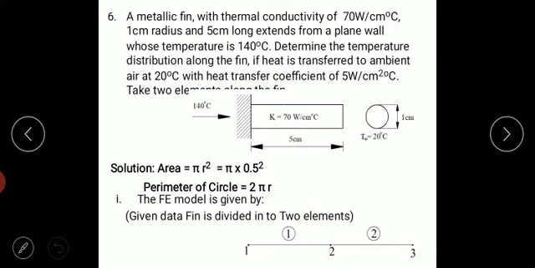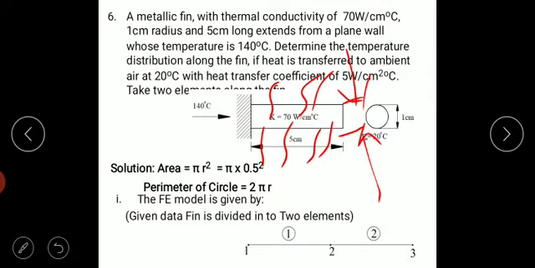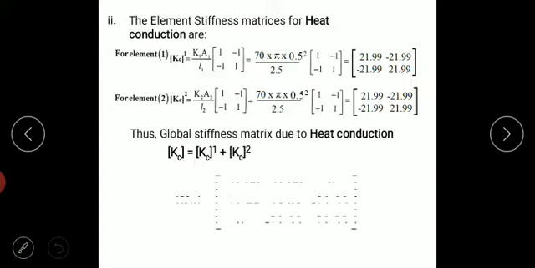Because this free end is exposed to the ambient temperature, that is also convection. But why we are not considering the free end here is because the area at this particular portion is so small, the thickness of this is so small, that we are neglecting the free end convection. That we shall also discuss in the coming problems. So in this case only peripheral heat convection is happening, no free end convection. It is not that it is not happening, it will be happening, but because of the thickness of the fin, we are neglecting the free end convection.